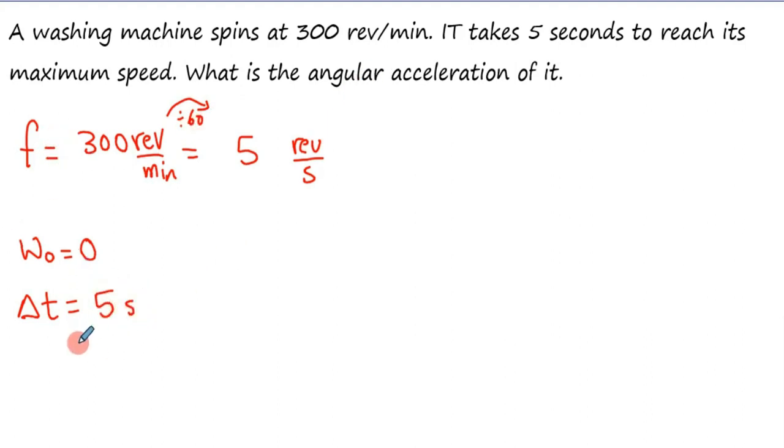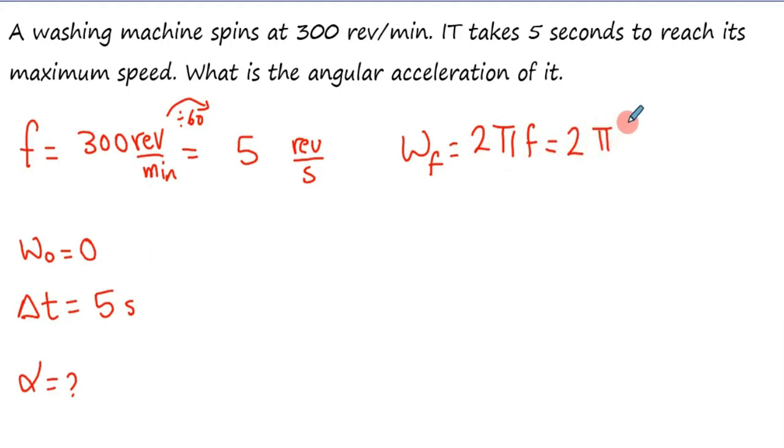What is the angular acceleration? So we are looking for the angular acceleration. What is the final angular velocity? We can find it by using the frequency. So the final angular velocity equals 2 pi f. So it equals 2 pi times 5. So the final angular velocity will be 10 pi